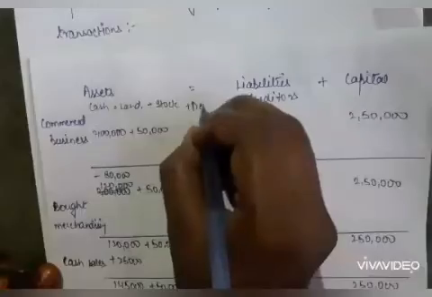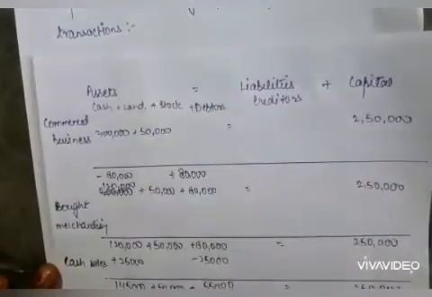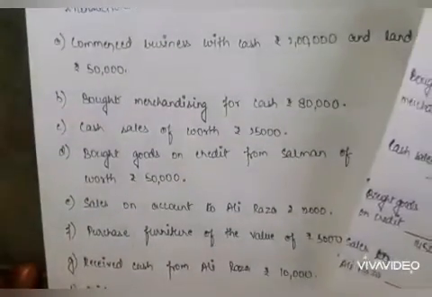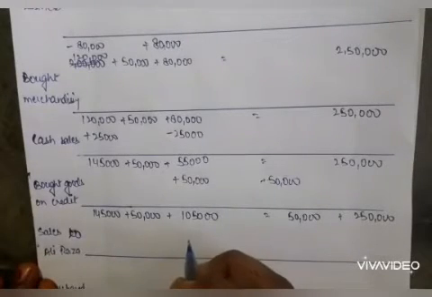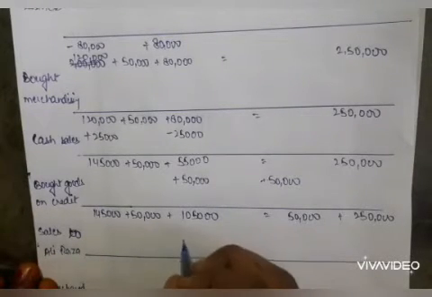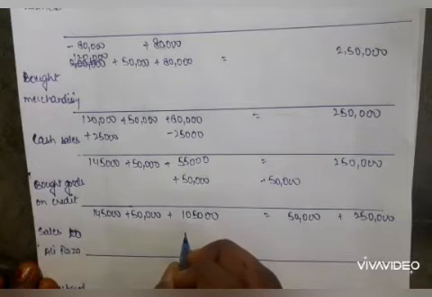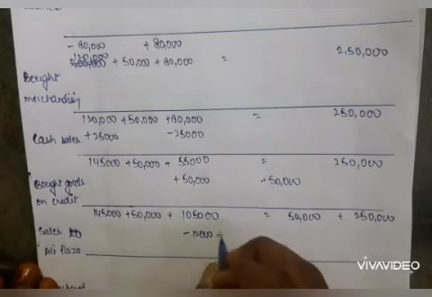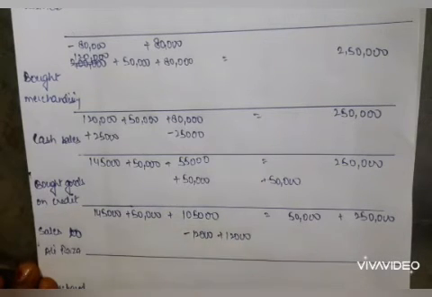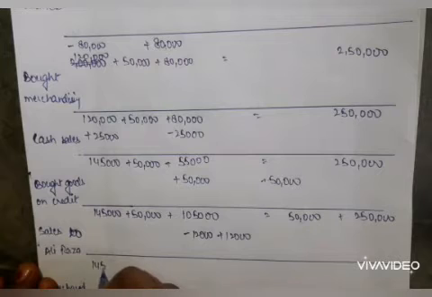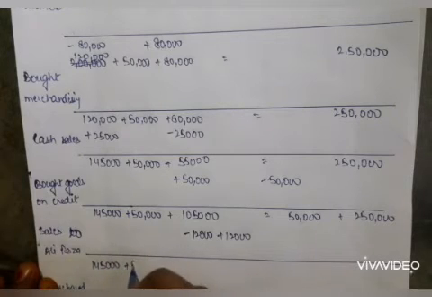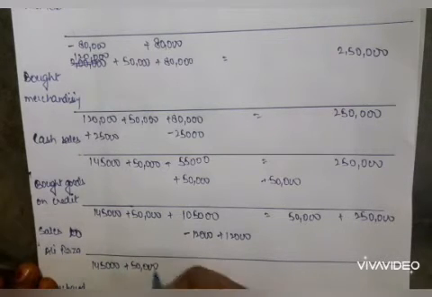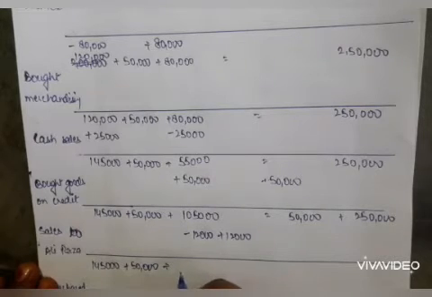Okay, so we make a debtors column here, and then we come to the transaction. We are selling goods worth 12,000. So from the stock part we would be deducting 12,000 because we are selling the goods, and in the debtors part we have to add 12,000. Okay, so the new equation that we would be having is 1,45,000 plus 50,000 plus 1,05,000 minus 12,000.